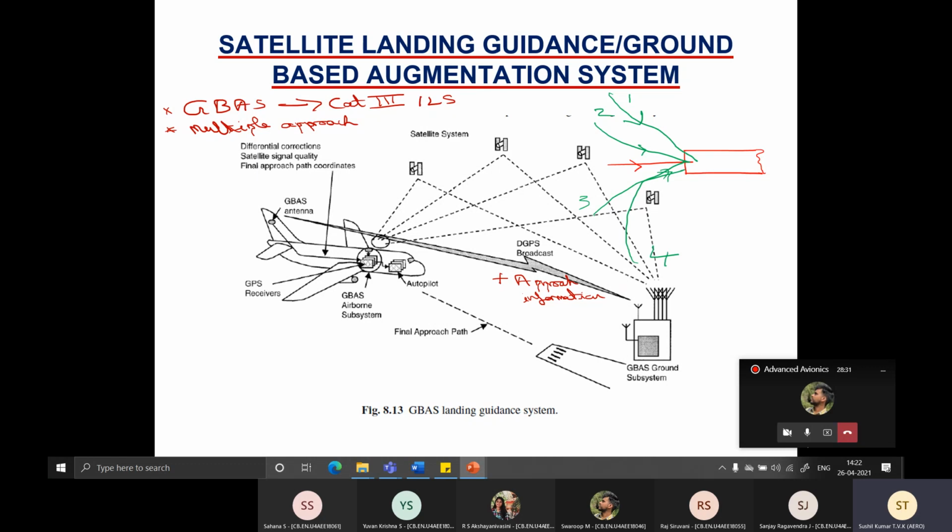Okay, the solution is quite simple. For a particular airport, you define the approach paths, whatever is convenient to you. These approach paths are nothing but synthetically generated. You just continuously give lat long coordinates. Say for approach path 1, every 10 meters you give what the lat long should be. That's the only information you are giving to the aircraft.